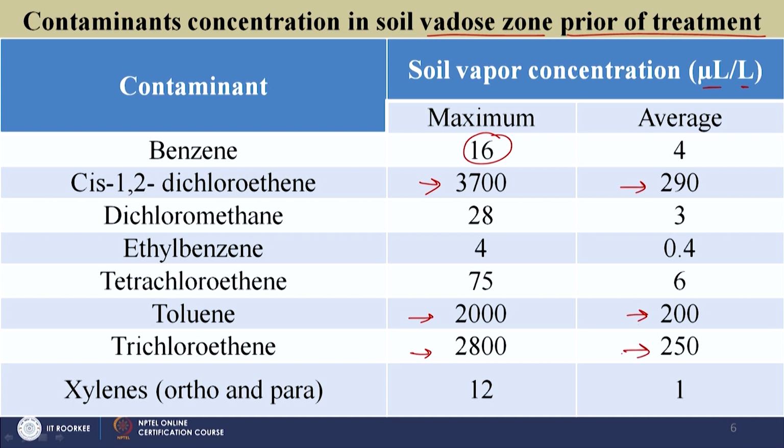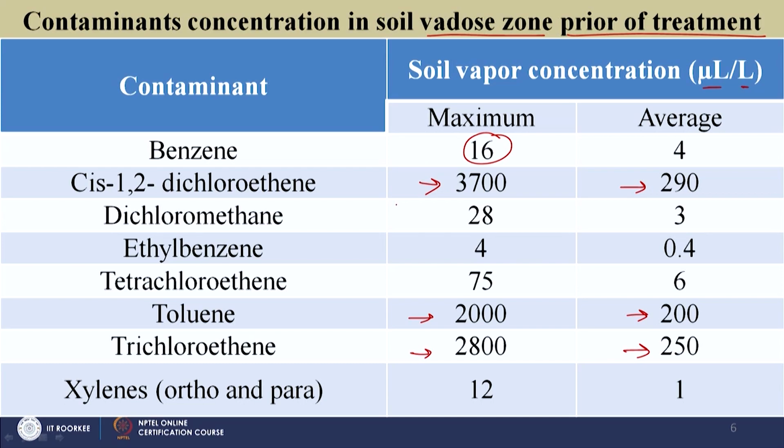But obviously different compounds have different toxicities, and we need to look at those relevant aspects. I can't just look at the compound that has the maximum concentration and try to look at that. I need to look at the relevant risks associated with exposure to such particular compounds at such particular concentrations, and based on that I will go forth and look at the relevant remediation. Again here we are going to look at soil vapor extraction. Almost all of these are very volatile compounds, and all these compounds are going to be removed, and that is what we have out here. Let us look at what else we have.